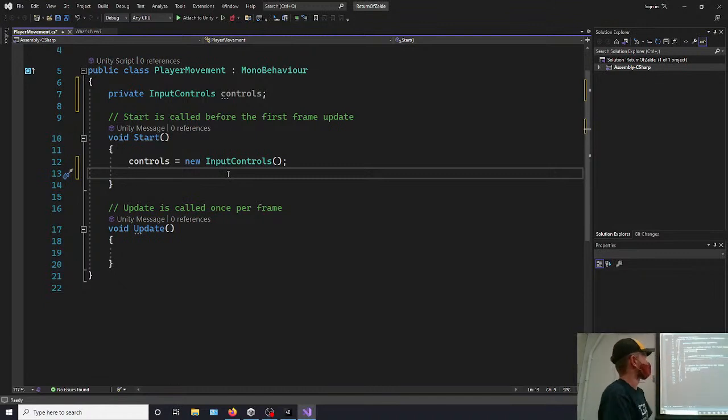Alright. So we created the input controls variable and then initialized it within the start method. Since we won't be calling controls from any other class, we made it private as well. And if you wanted to call it from others, you'd say public. Okay. So now that we have that created, I'll tell you a bit about the new Unity input